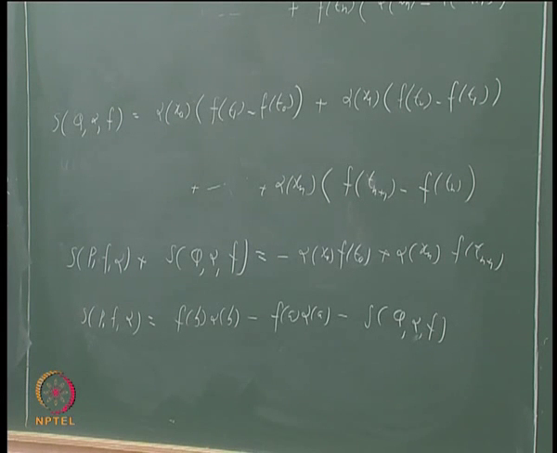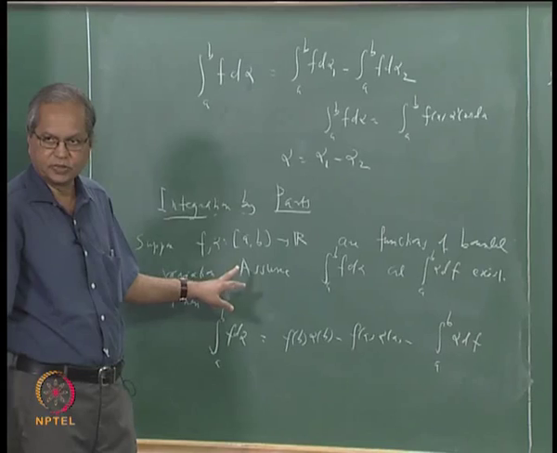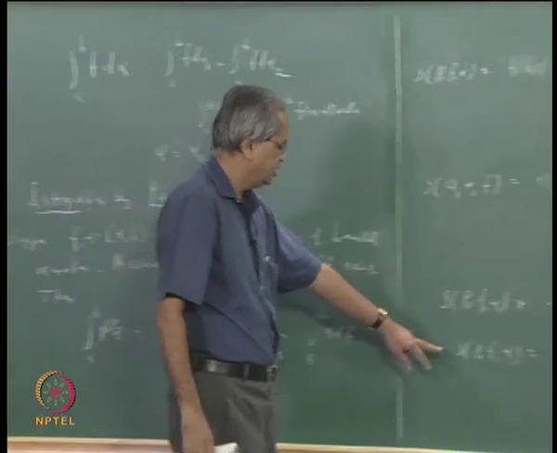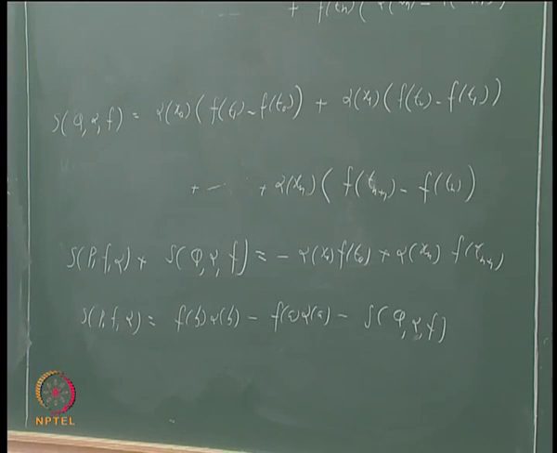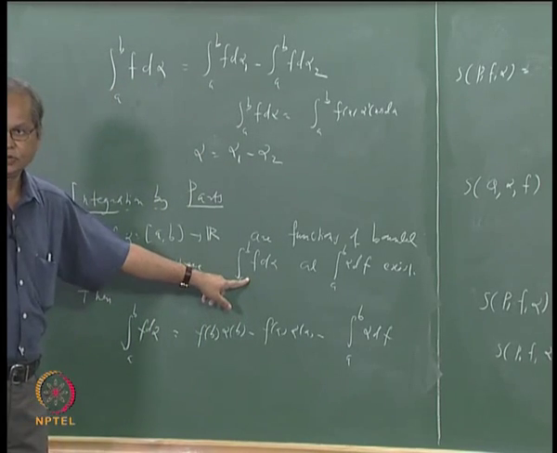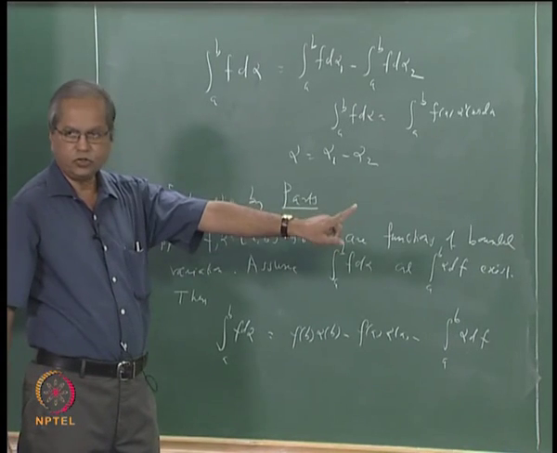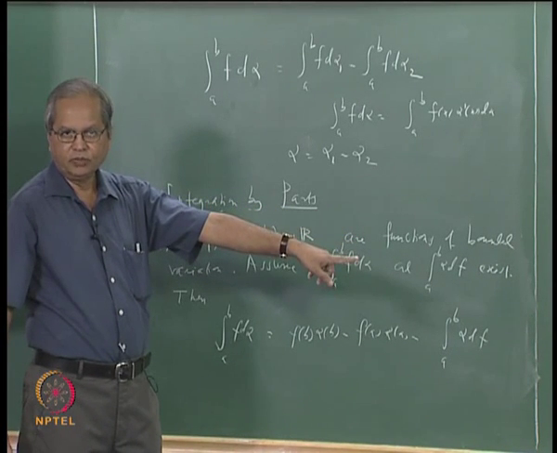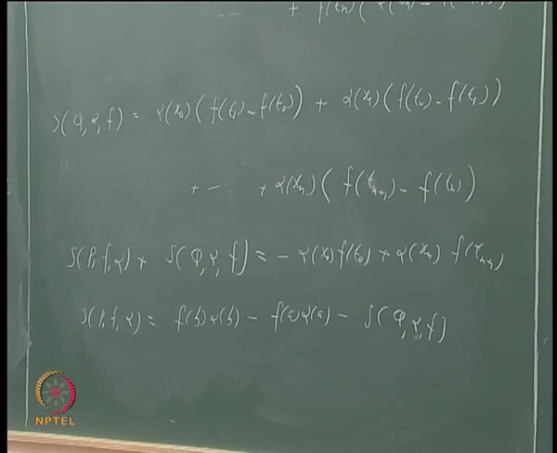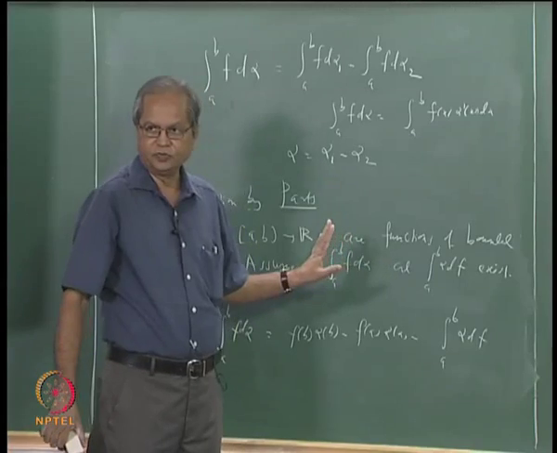All right. Then we know that this integral f d alpha exists, that is our assumption. So now this is a Riemann-Stieltjes sum corresponding to this integral, and as the mesh of the partition P goes to 0, this will converge to the integral from a to b of f d alpha. Similarly as the mesh of the partition Q goes to 0, that S_Q alpha f will converge to the integral from a to b of alpha df.